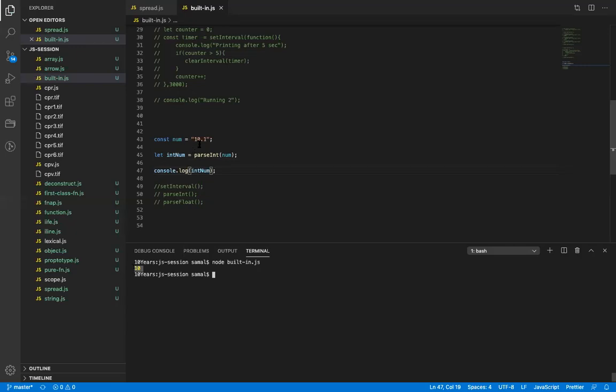If I pass, let's say, 10.9, we convert this into an integer number. Even if I remove this type value, it will still convert this into an integer number. So it basically converts parts into an integer value. But this does not guarantee. When you're doing mathematical operations, you should never use this function. Be very careful. I never use this function because this is a very risky function.